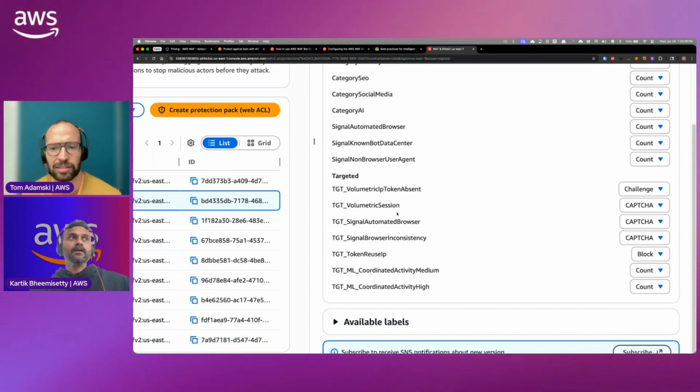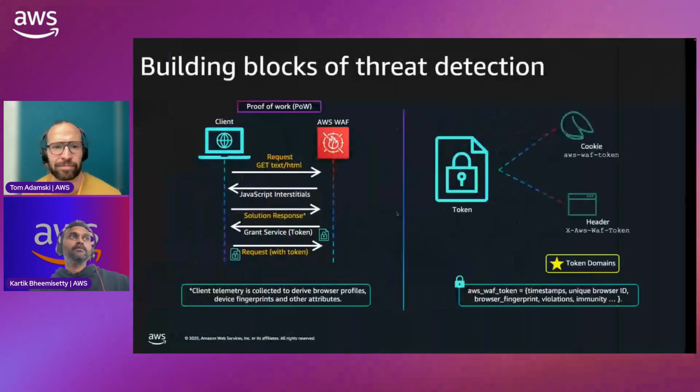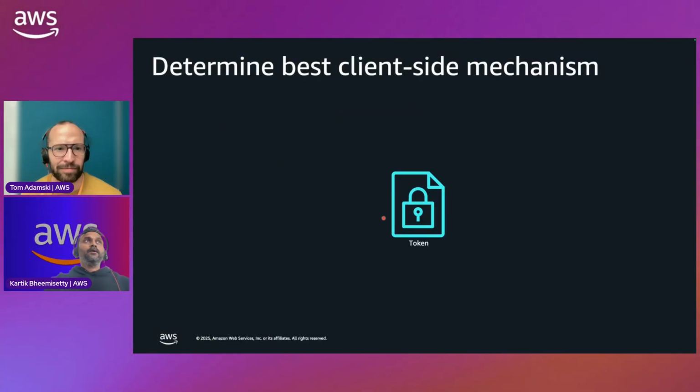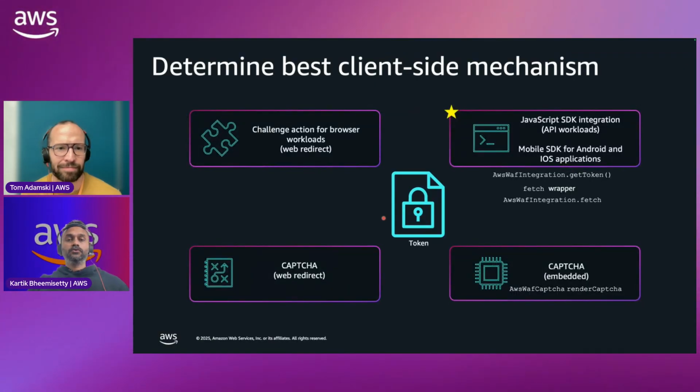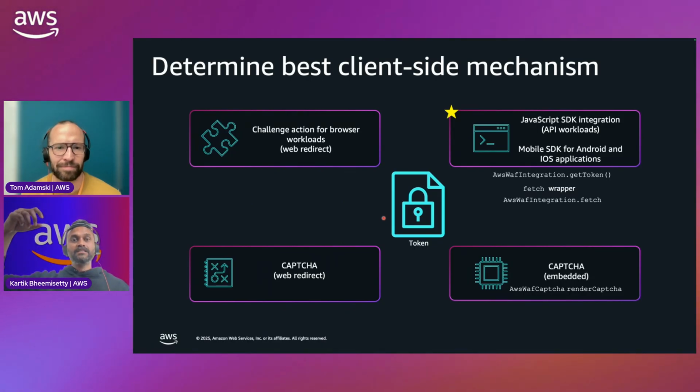Right, right. And okay, so now what's the best way to get a client-side token? Either you put a challenge or a CAPTCHA on a rule. When a particular request matches particular traffic, it's going to throw a challenge or a CAPTCHA for the user to solve. Now, the disadvantage of that is additional round trip time, and then the request has to be resent, etc.